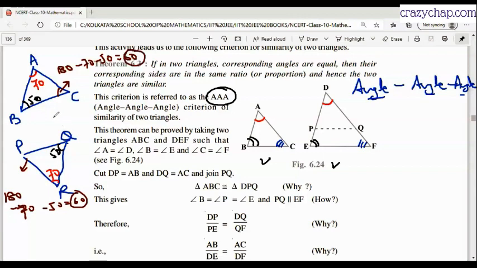Okay. So we can say that if two triangles have two equal angles, then by default the third angle will also be equal, and hence those two triangles will always be similar. Okay. So we don't need to say necessarily about the third angle. Correct? Correct, sir. Good one. So that is why AAA or AA is the same thing in terms of similarity. Fine, let's move on.